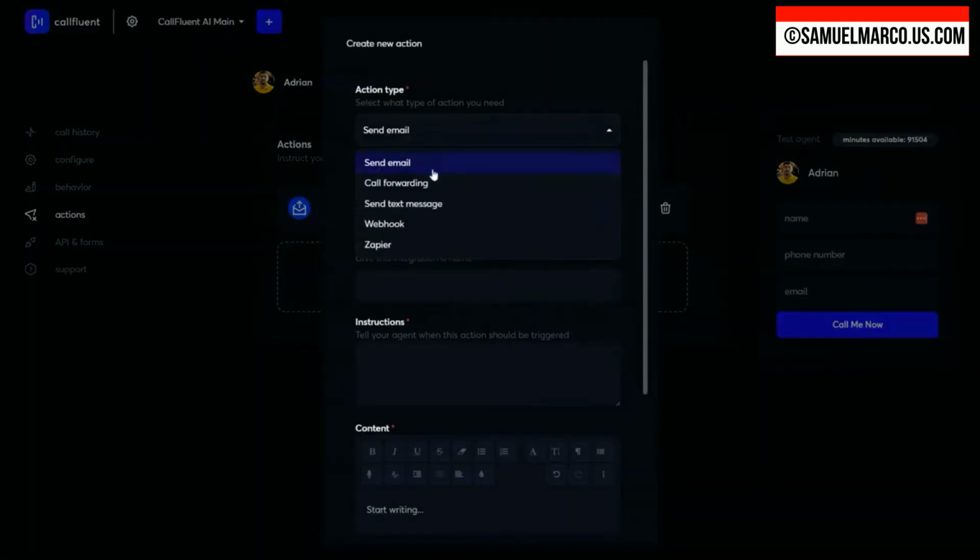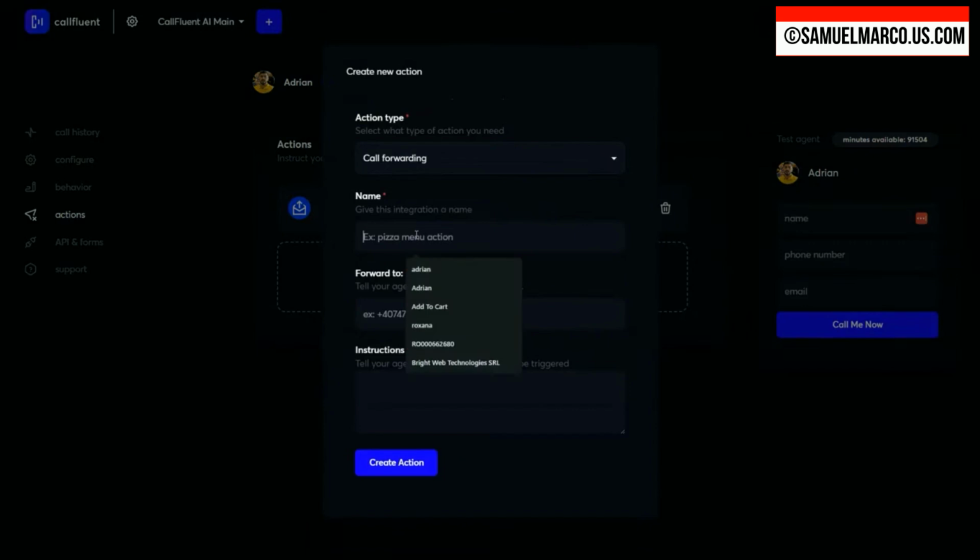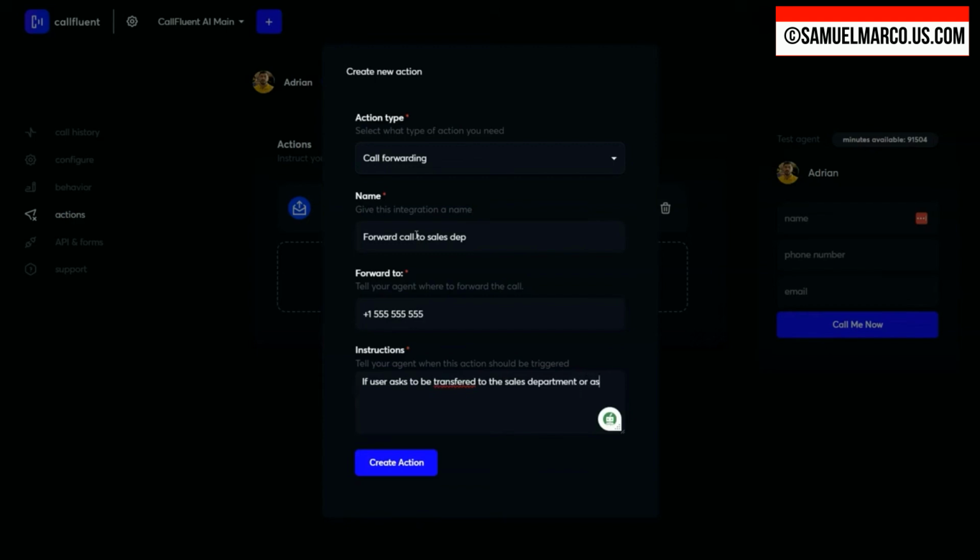You can create call forwarding, which is just as simple as the email sending, like forward call to sales department, right? So this can be your number, +1 555 555 555. And in the instructions field, all you need to do in order to trigger this call forwarding is define the condition when this needs to happen. So if user asks to be transferred to the sales department or asks to talk to a real human, then do the same, do this,